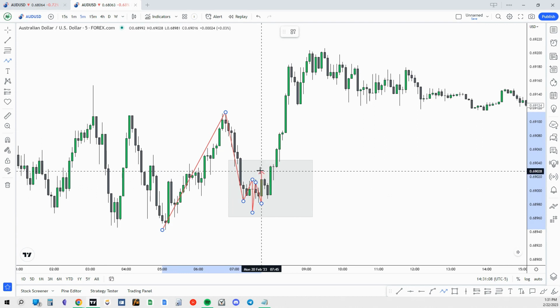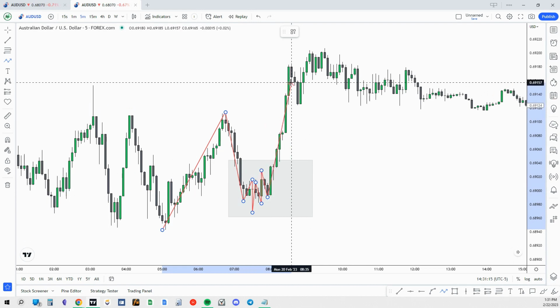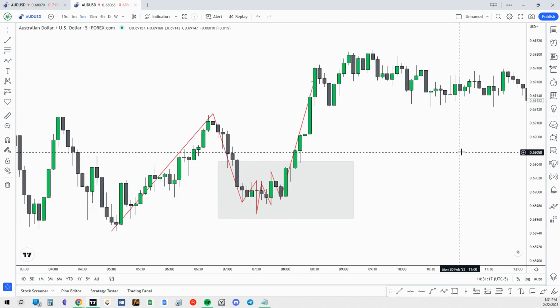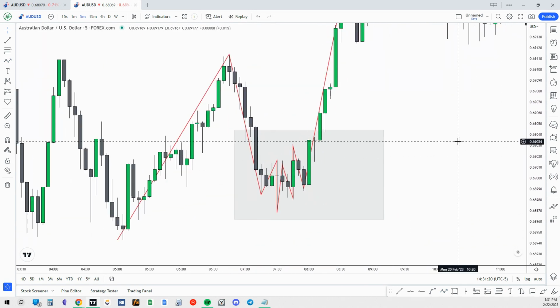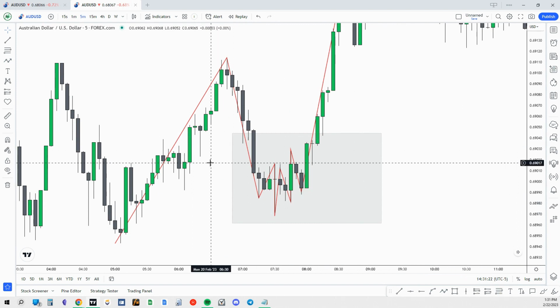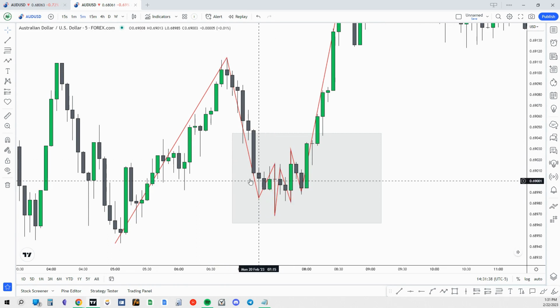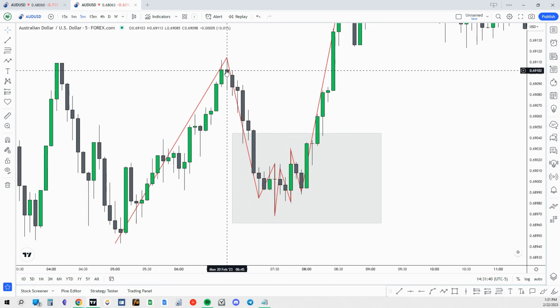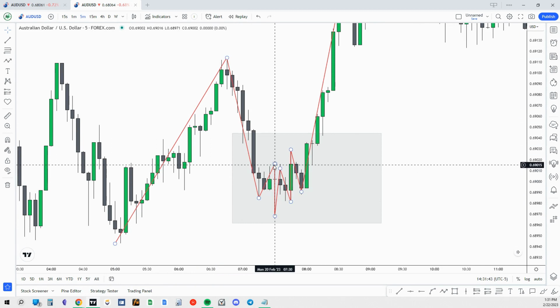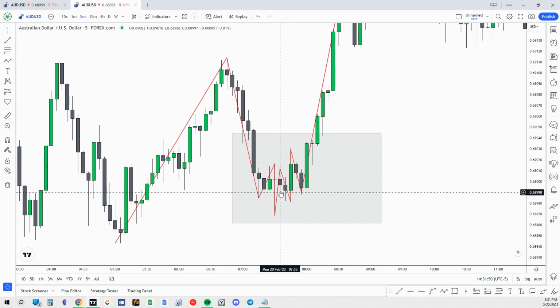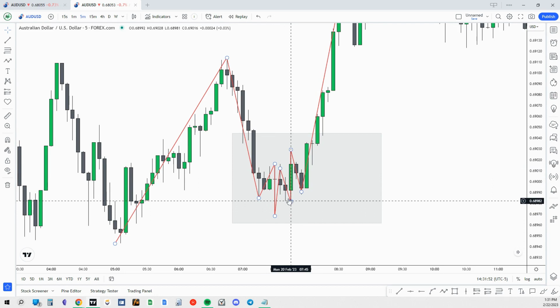And then at this point right here is the change of character, pull back, and then continuation. I wanted to illustrate it with the line because it can be kind of hard to see this stuff with the candles. So essentially what we have is a pullback after a rally. We have a rally up, pullback. At this point right here, this is a pause in price action or a pullback on a lower time frame. Price tries to continue to go lower, but it fails, comes back up, pulls back, and then it